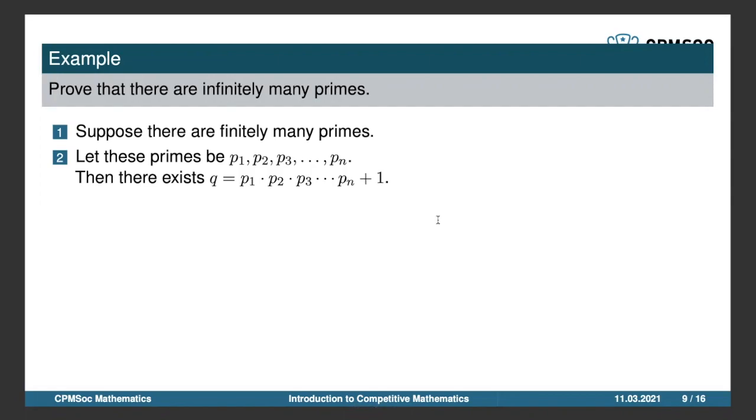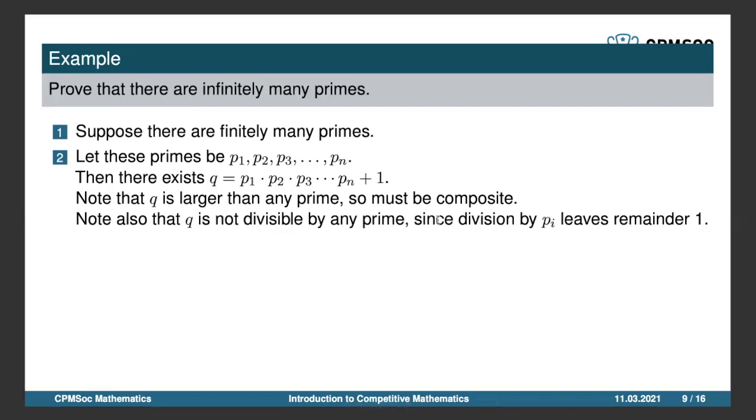If we multiply all those together and add 1, we get some other number Q. And we want to prove that this other number is not one of those primes, but is also a prime, because that would contradict our original assumption. Q is larger than any of the primes we've listed, so it can't be prime, and it's bigger than 1, and it's a whole number, so it has to be a composite number. Q is not divisible by any of the primes listed, since division by any of them leaves a remainder of 1. See that if you look at the equation that defines Q,